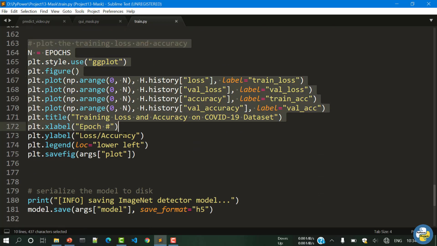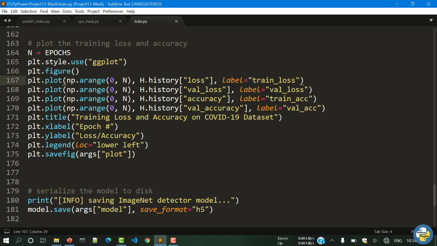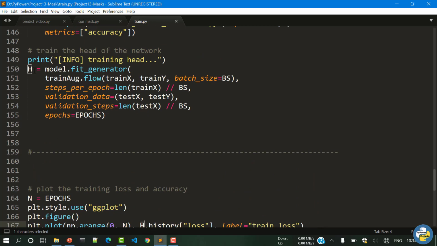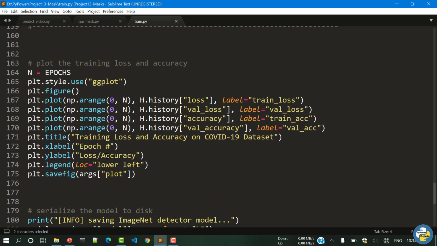This snippet of code is for plotting the graph, for measuring the accuracy, validation loss and all that. So this is matplotlib plotting. What is this h? You can see here, this h is our model, and when the model is trained, it will store some attributes. So what are those attributes?